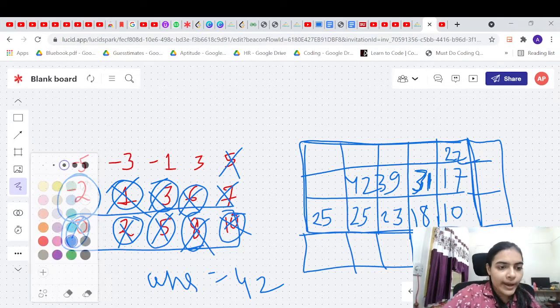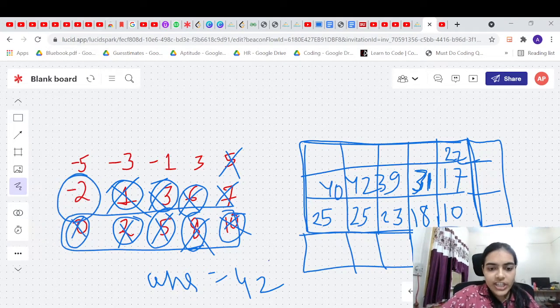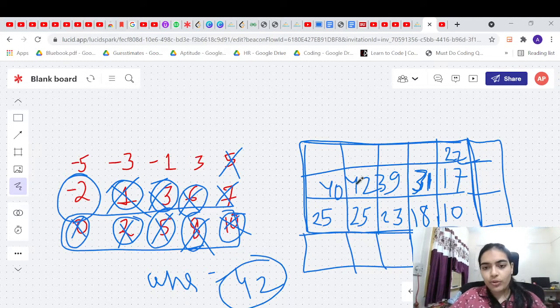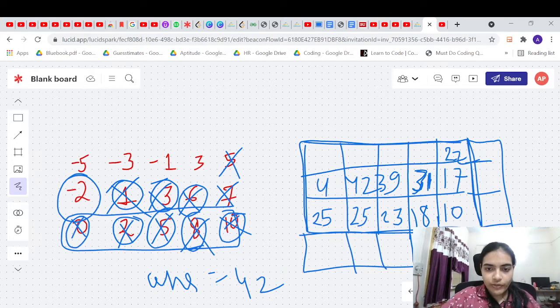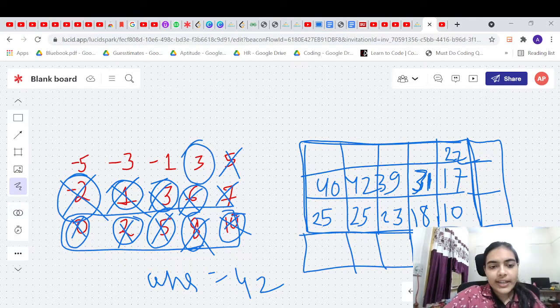So if you take 42 minus 2, you will get 40. So you will not change the answer, you will let the answer remain as 42, because now you are getting a smaller answer. So you will fill the answer here, you will get 42. Okay, so let's kill this. Now let us go to the next element, 3.